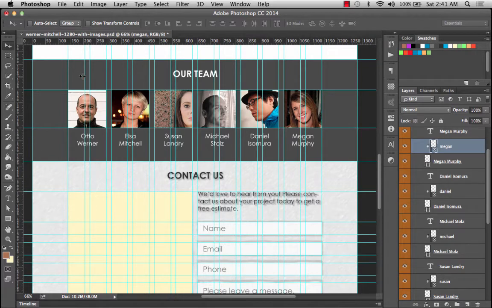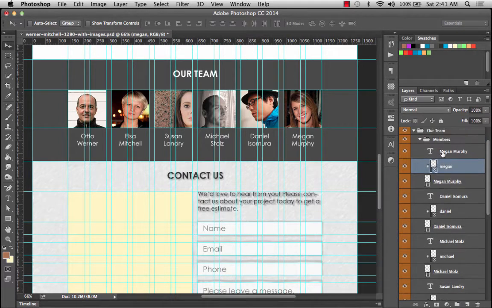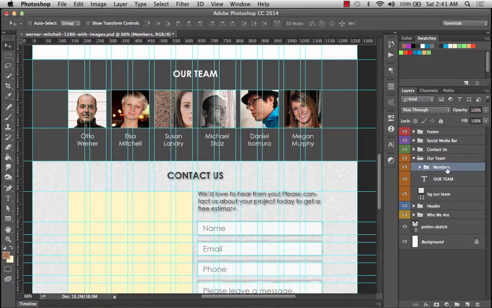And what I want to do now is, well, first of all, I should mention that I think on Michael's picture, and I think that was the only other one, perhaps, I also felt like I needed to do a camera raw adjustment, like I did on Auto's, because the picture I thought wasn't really as good as it could be, sitting next to all these other ones. So anyway, I'm going to collapse the members group, and I'm going to select the BGR team layer, the background layer for this,